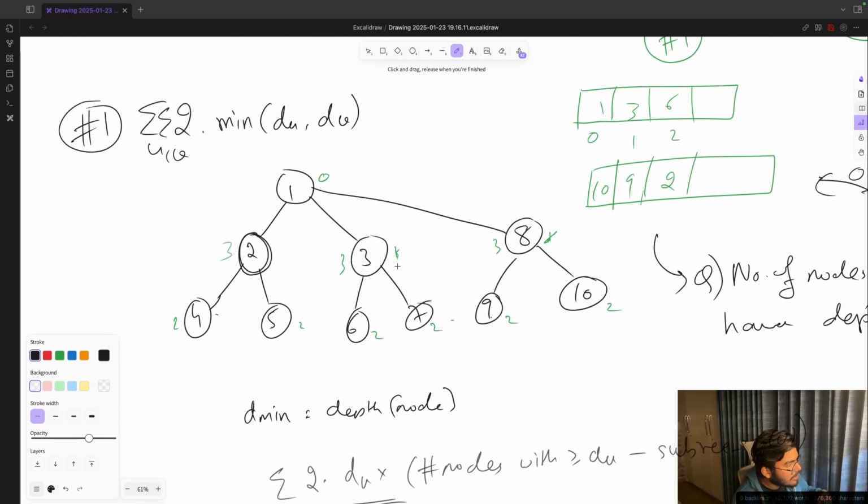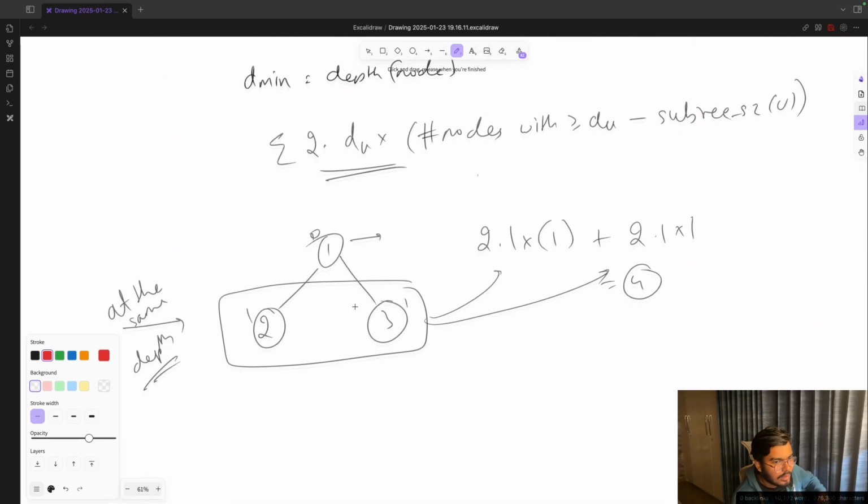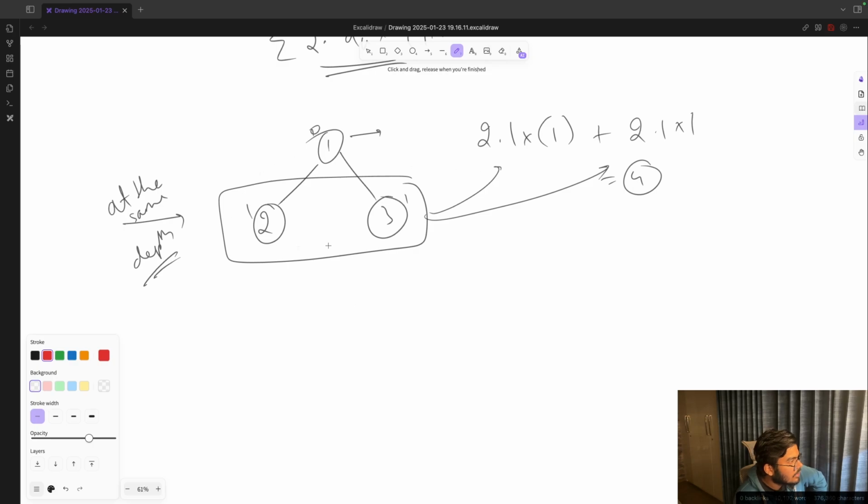If you see this tree, okay, let me use some other pen. For 2 and 3 it will be counted twice, but for 2 and 6 it will be counted only once, because when I reach 6, 2 will not be at the same depth, so we will not be considering it one more time, right? Okay, so how do we actually handle this? Let's use a different color. Since we had added this twice,